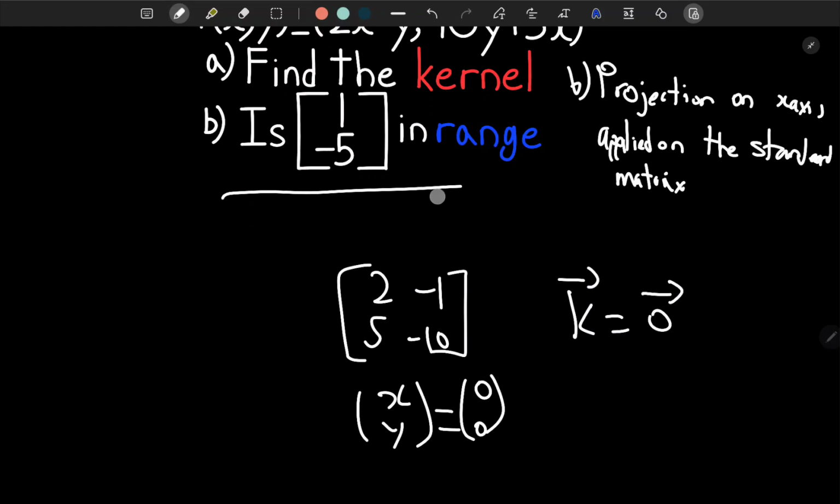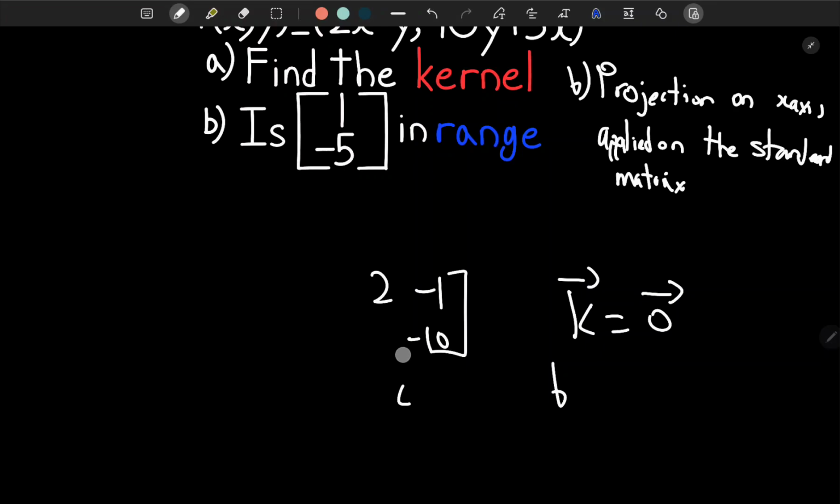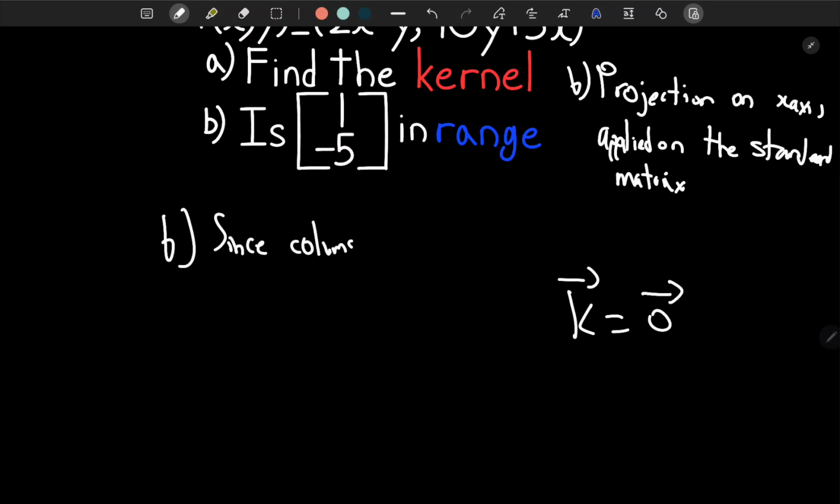So here we can directly say for the question, since the columns are linearly independent, or you can just say that since the kernel is equal to 0, any matrix